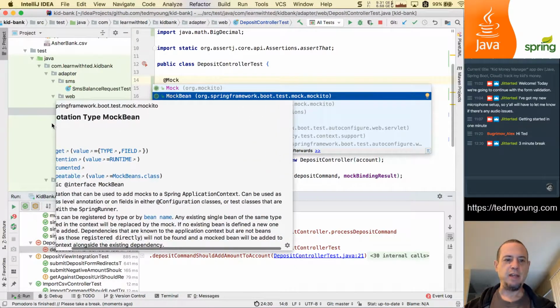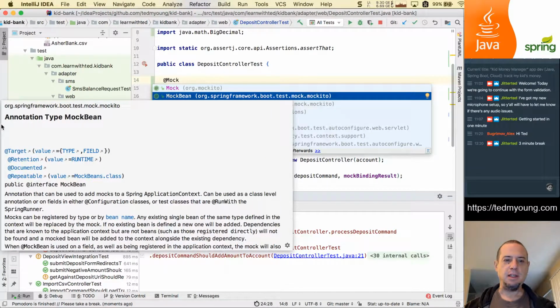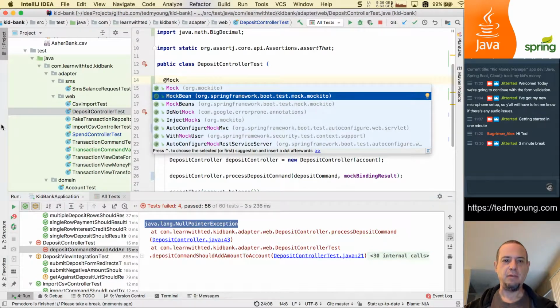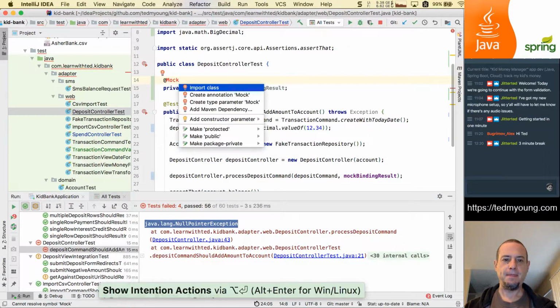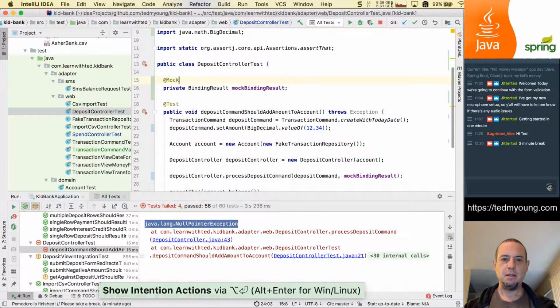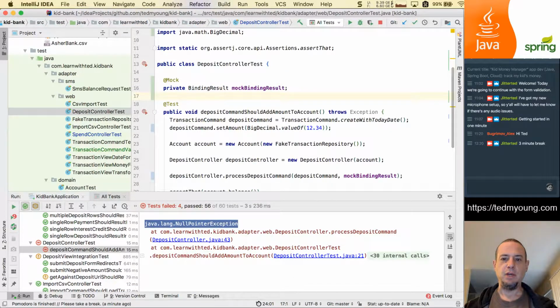So what we want to do is basically have a dummy. No, actually, in this case, it is a stub. A stub basically returns a hard-coded value. We want it to always return the fact that has errors is false. Yeah, I think we just want to mock. And so what we want to do is